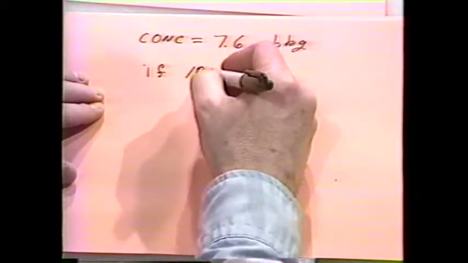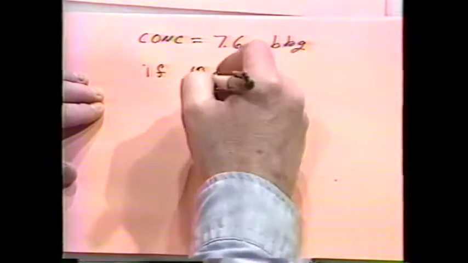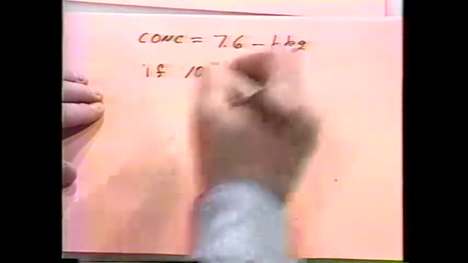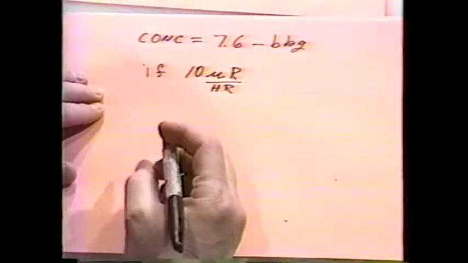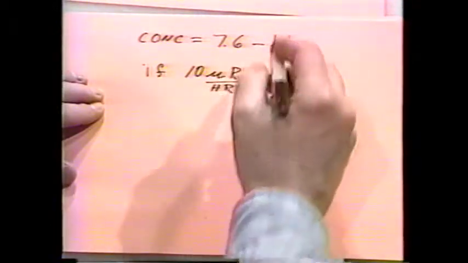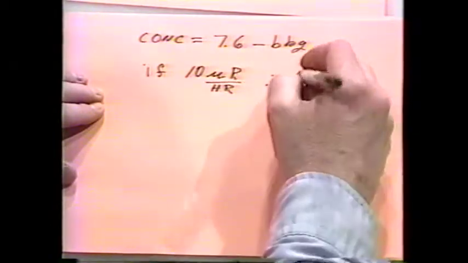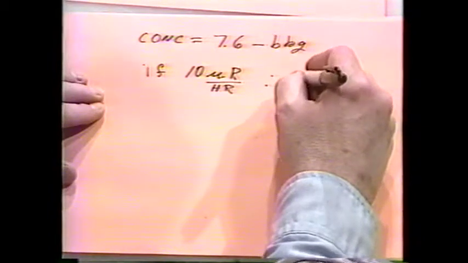Let's assume for a moment that we have 10 micro-Roentgens per hour of gamma radiation, and we're going to subtract off 0.8